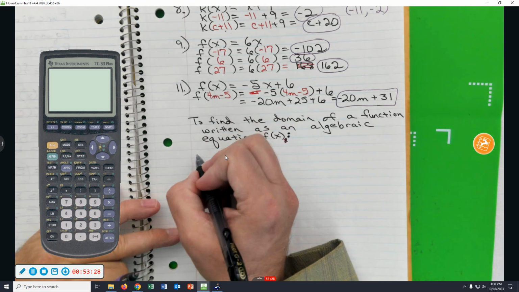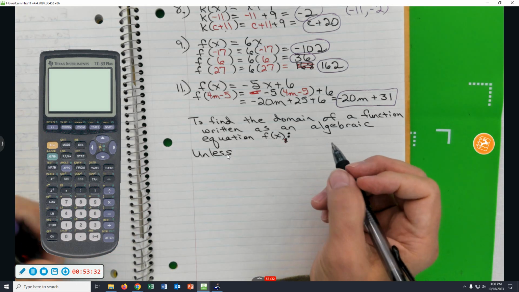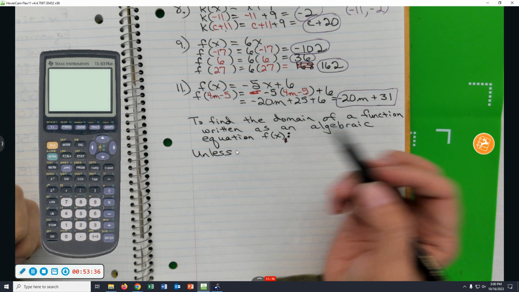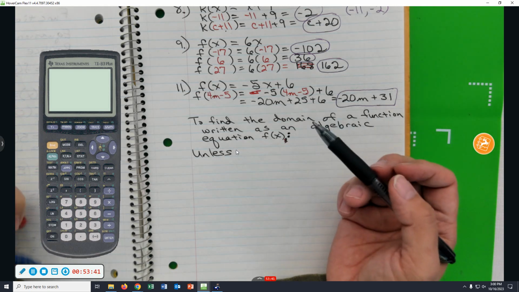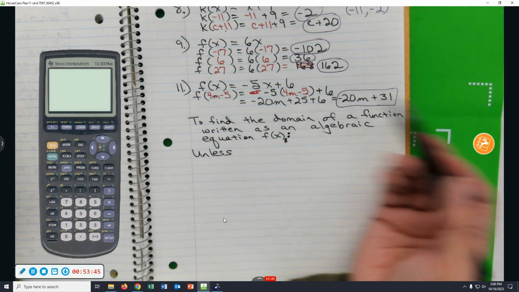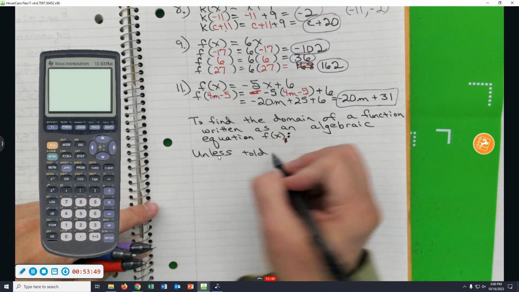So, unless told otherwise, and you say, when are you told otherwise? In my business calculus class, students are always being told this function only works for a production level of 1,000 units or more. So the domain is 1,000 or more, but unless told otherwise,